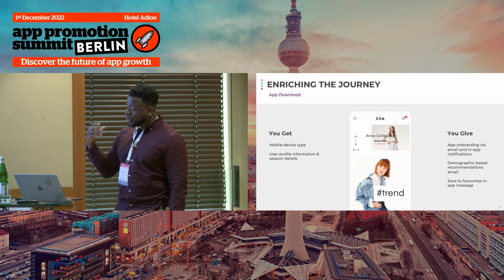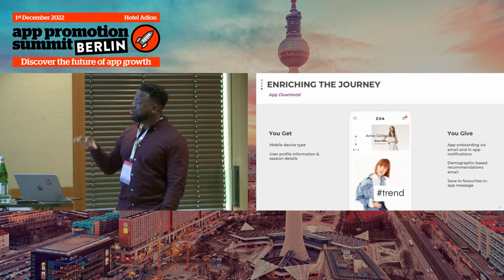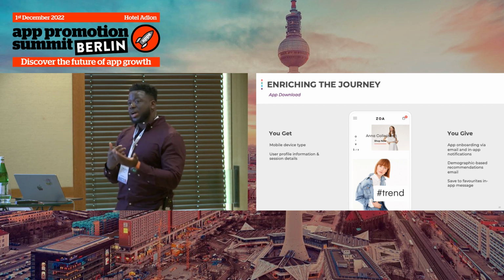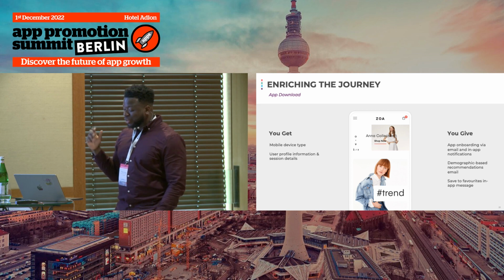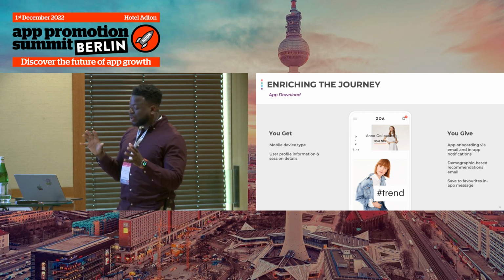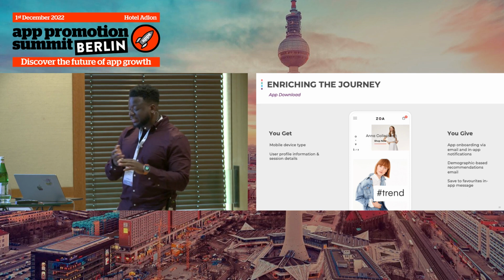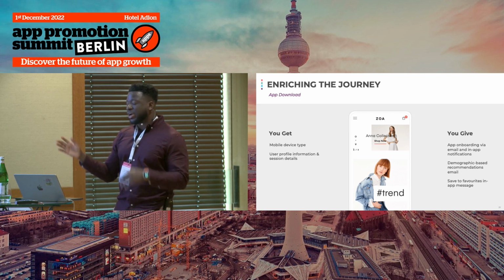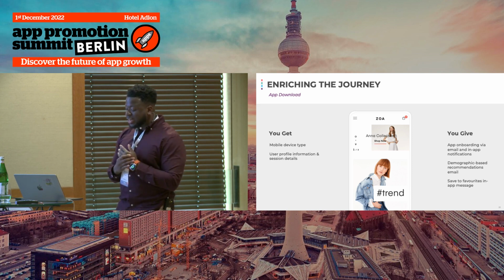Let's say that your user clicked the app download call to action in your welcome email, and they've now downloaded your app from the App Store. How can you build around that experience? Well, as soon as the user logs in and engages in that first app session, you're able to get a closer look at the type of device, maybe where they're based, how frequently they're using the app. And then at this point, you could trigger them into a cross-channel journey, encouraging them to discover different sections of the app.